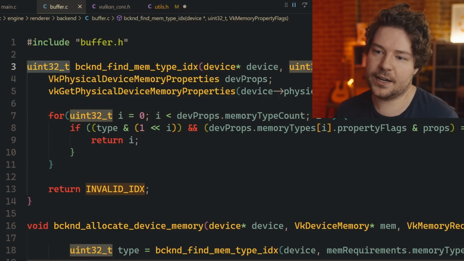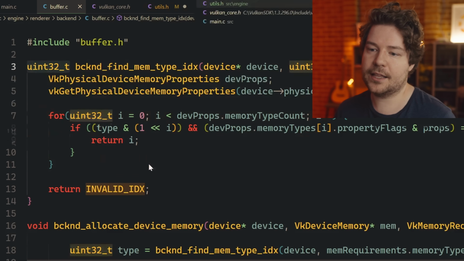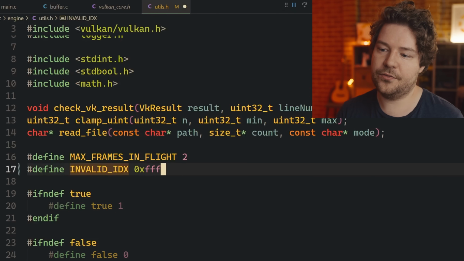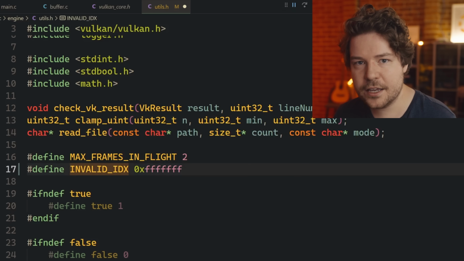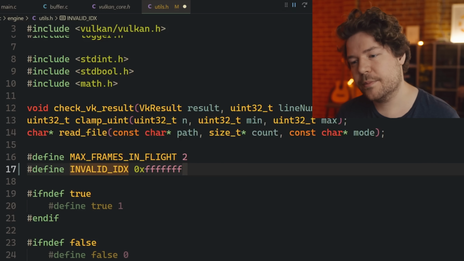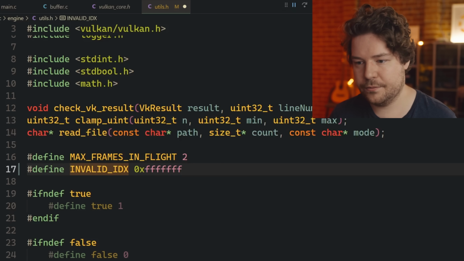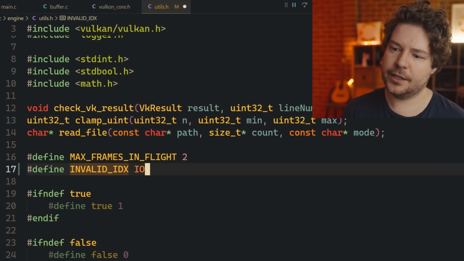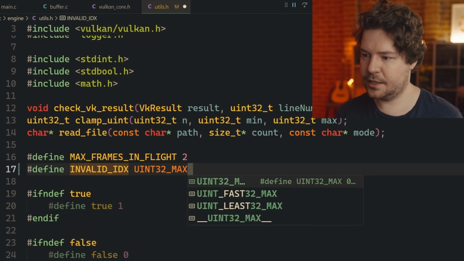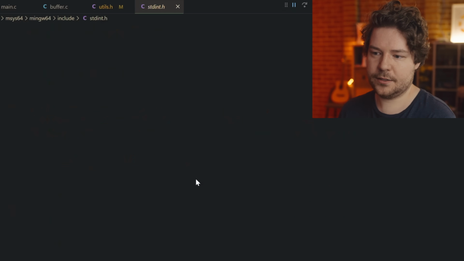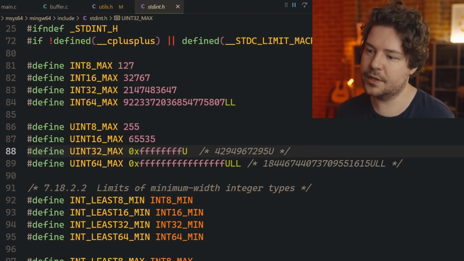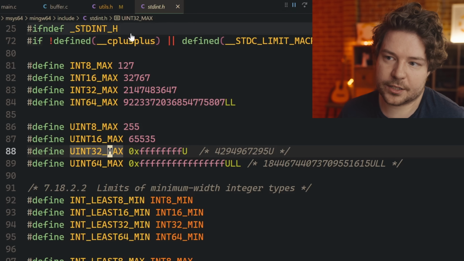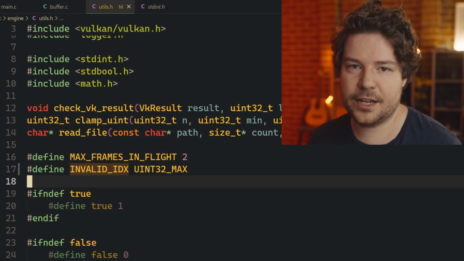Now, this doesn't in fact return a uint32_t, which will mean that -1 kind of becomes this. So if you feel safer, you could also probably set it to that. I don't know if feel safer is the right thing to say, because either way it's going to work out just fine. But in this case, I think it would be fine to set it to that. Another thing that I'm guessing is available in C for you is something like UINT32_MAX. Yeah, so you can see that's set to what I said, except there's an unsigned thing to make sure it's not an int, it's a uint. So you could use this as well, from stdint.h, that's obviously available in C. But yes, don't set it to 2, that's weird.